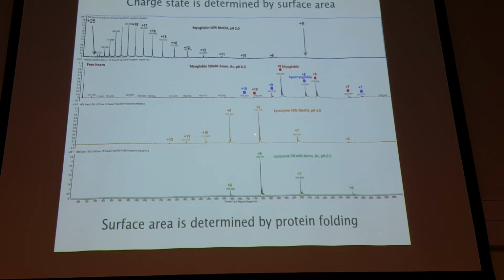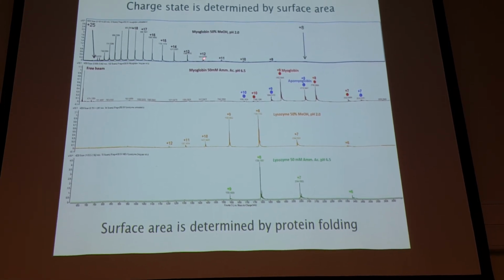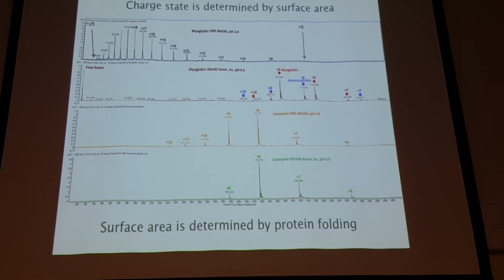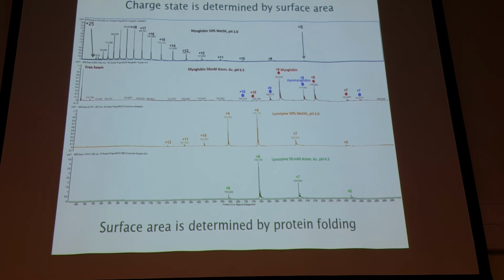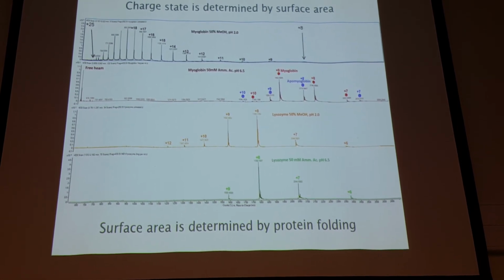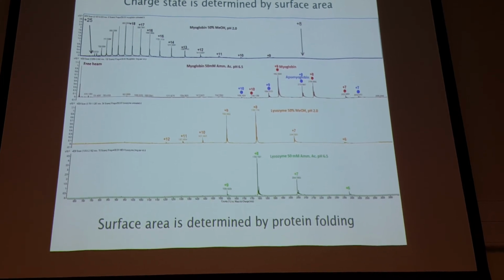What's happening is, this charge here, this is not coming from the pH of your buffer. The reason you have this higher charge state is because the protein is unfolding. So the pH influences unfolding, but unfolding is the thing that determines the charge